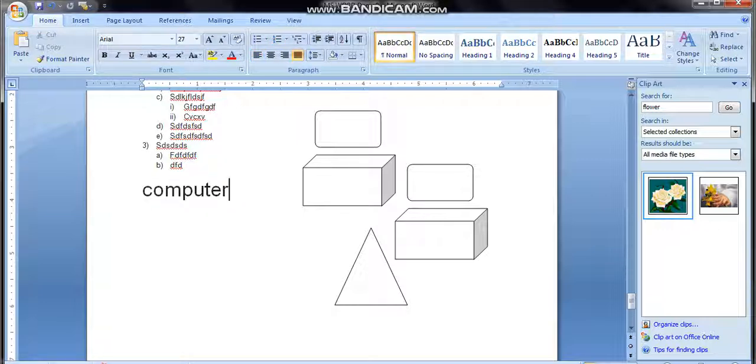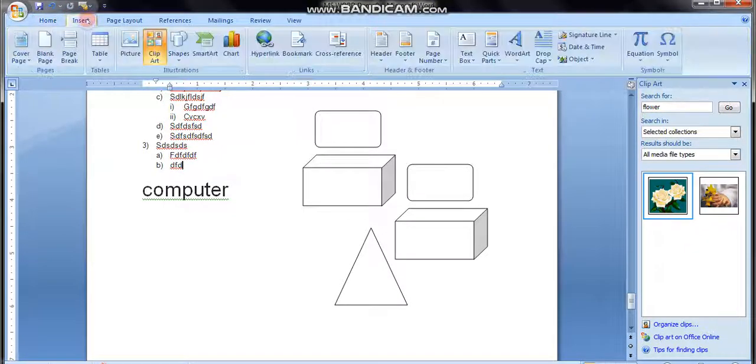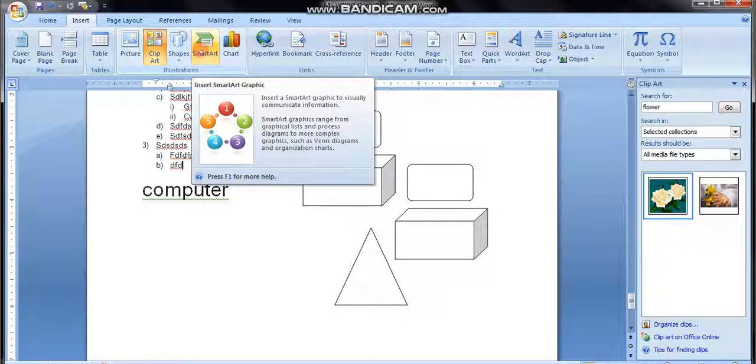Then using Ctrl+Z, computer will get removed from the screen. Again using Ctrl+Y, computer will come back. So it is going back as well as coming ahead. This is undo and this is redo, or you can say repeat as well. Fine. The next option in the Insert menu is SmartArt, which we'll see in the next video onwards.